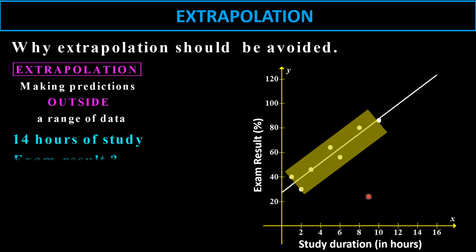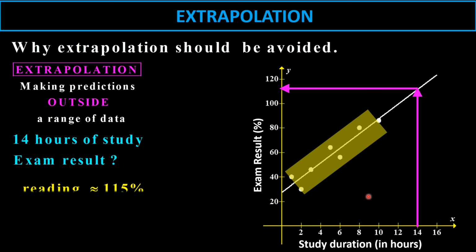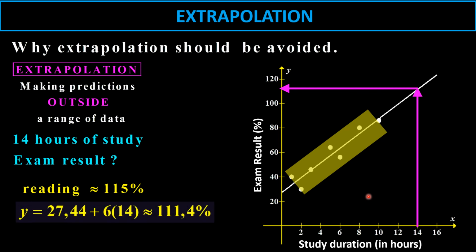So let's say 14 hours of study. Right, so let's get 14 hours. There's 14 hours. I go to my line of best fit and I make the reading there. And if you just approximate that, what do we think it is? Let's say it's 115%. We could also have used our line of best fit equation and substitute 14 in that. Let's do that. So I take 14, substitute, I get